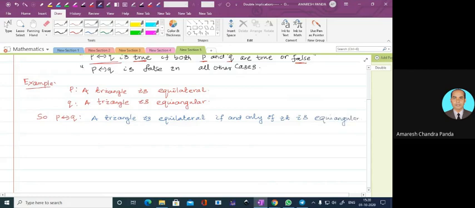So this is the phrase we have used, if and only if. This one may be written as P double implication Q.